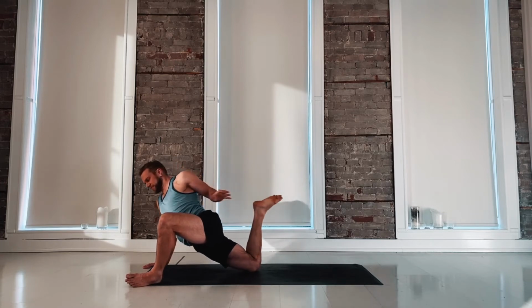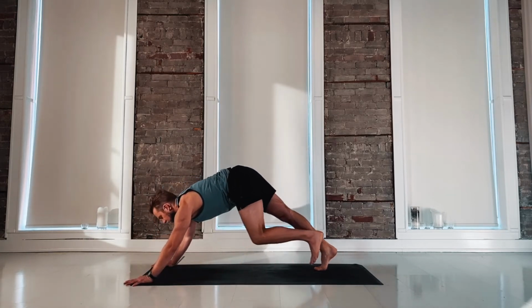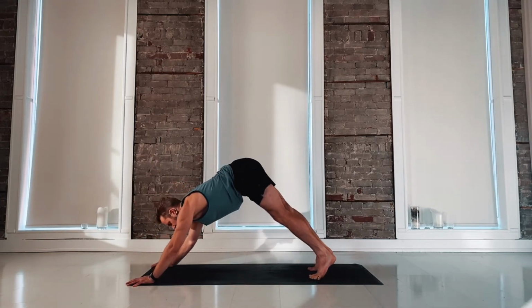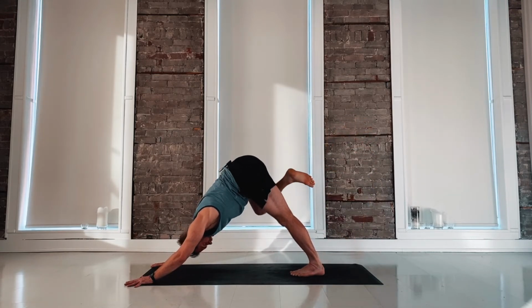Exhale, letting go. Inhale, plank. Exhale, chaturanga. Inhale, up dog. Exhale, downward facing dog. Feet together, lift your right leg on an inhale, bend the knee and make circles with the hip,